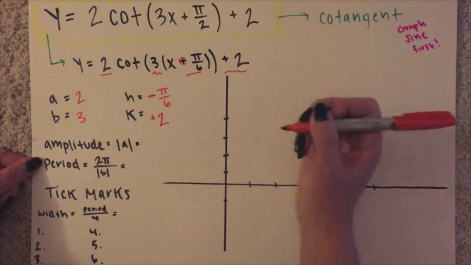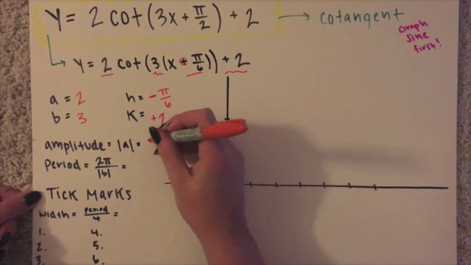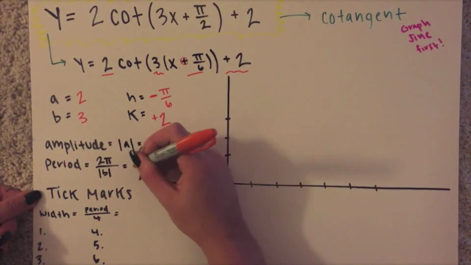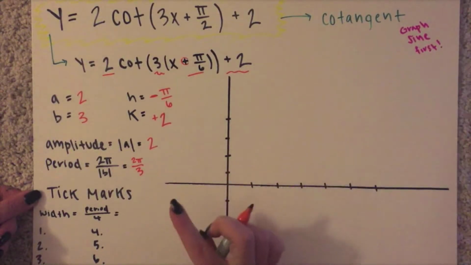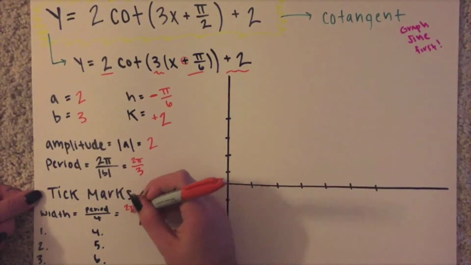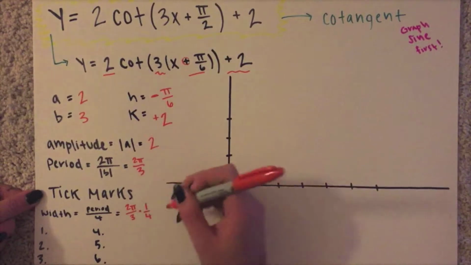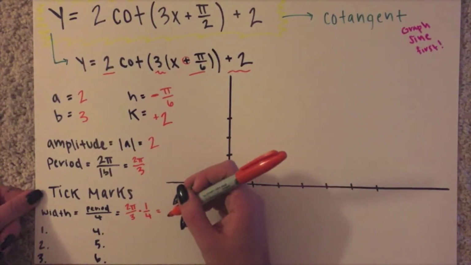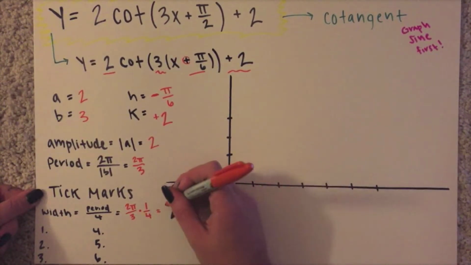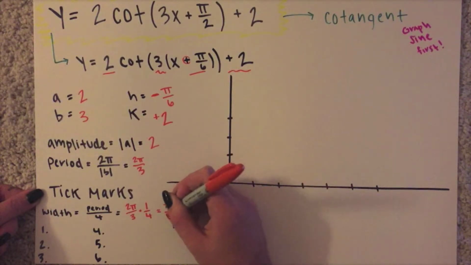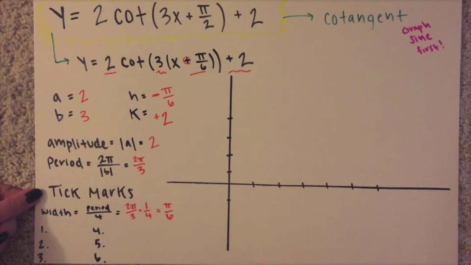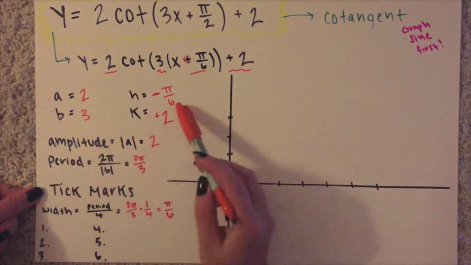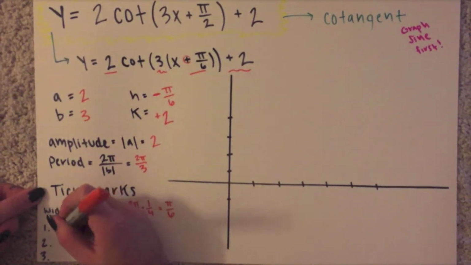So now we are going to be graphing a cotangent equation. As you can see here, I yet again factored out the b value to make it easier to determine the b and h value. And in this case, the h value is negative, so it's translated to the left pi over 6 units. So from there, we can determine the period, which is 2 pi over 3, which will give us the tick mark width if we divide that by 4, or multiply by 1/4,